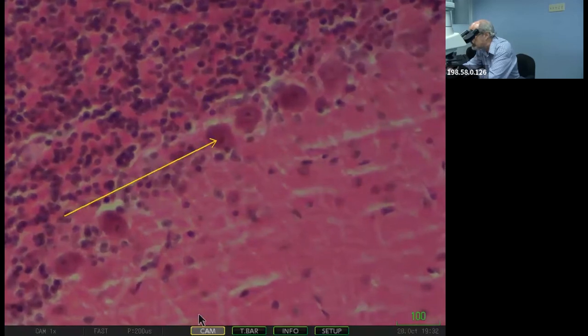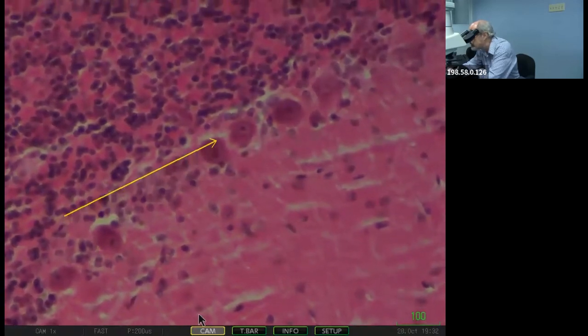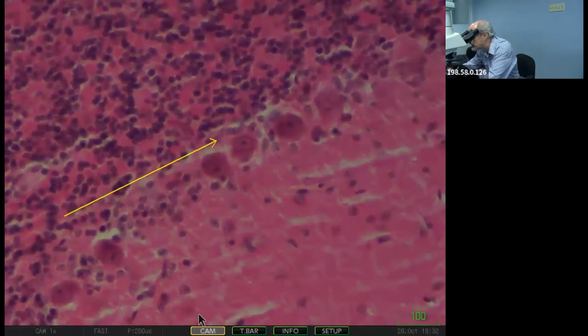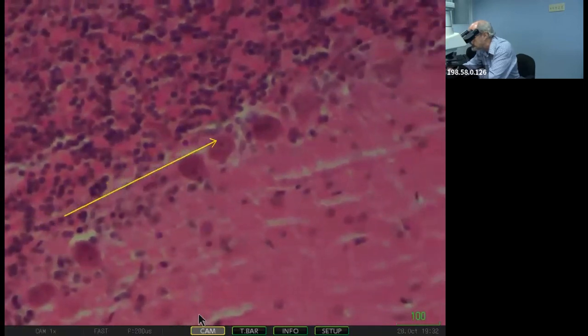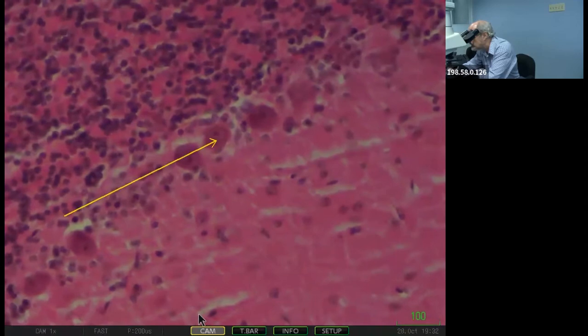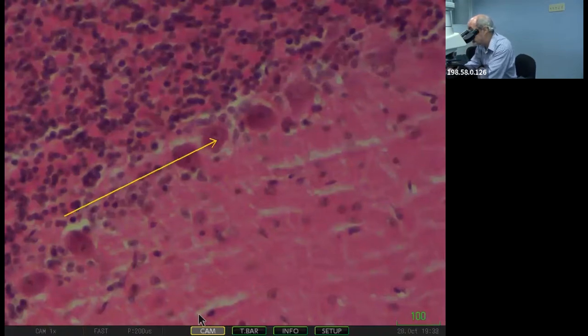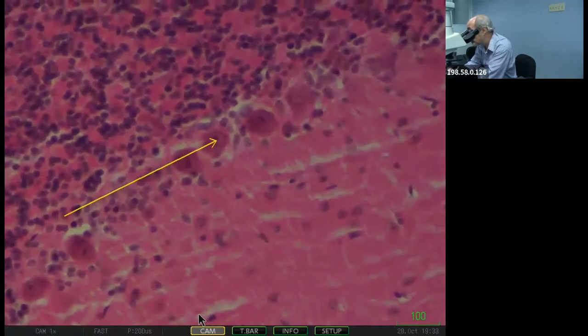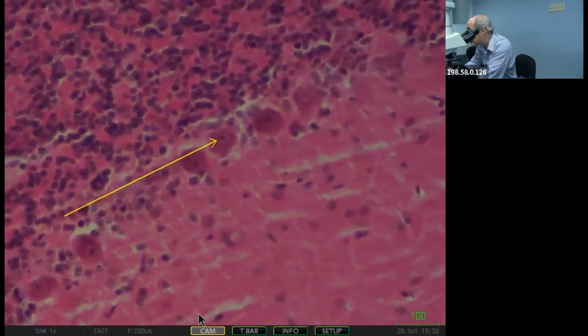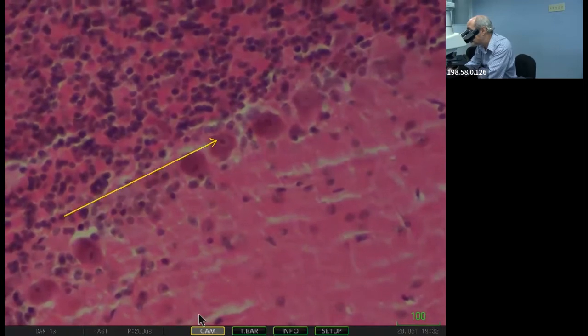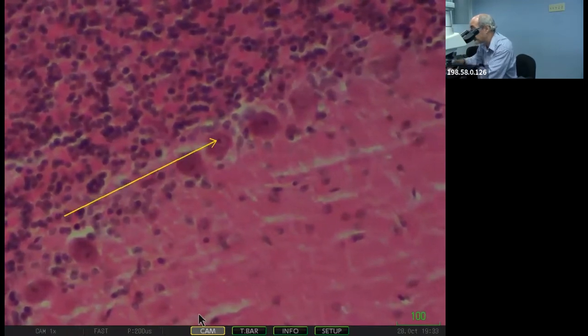And here you have the nucleus, which is the rounded area that is a little bit more pale. In the center of the nucleus, you have a dot. You see the dot? The dot is the nucleolus, at the tip of the arrow here. So you have the nucleolus, which is in the nucleus, in the Purkinje cell.